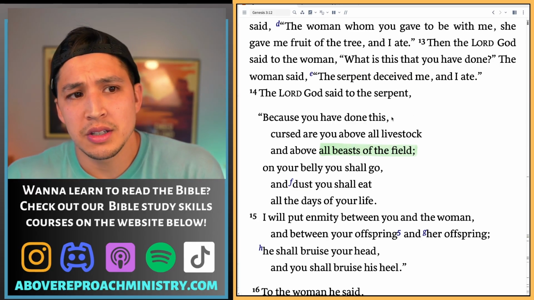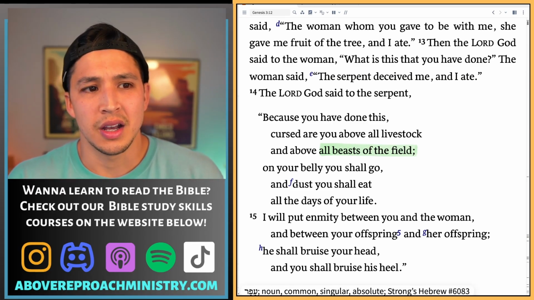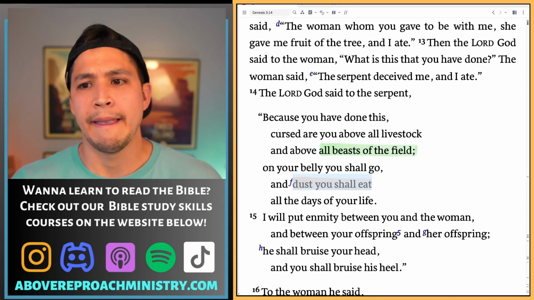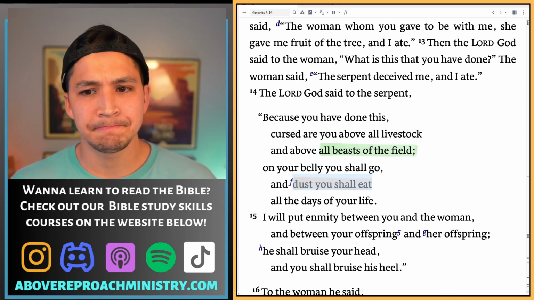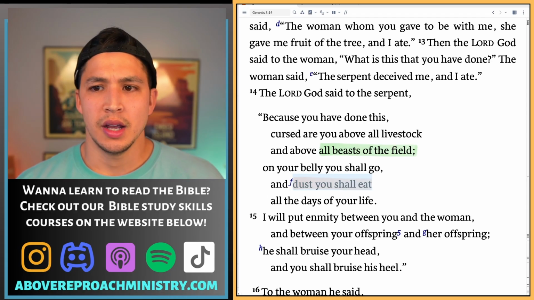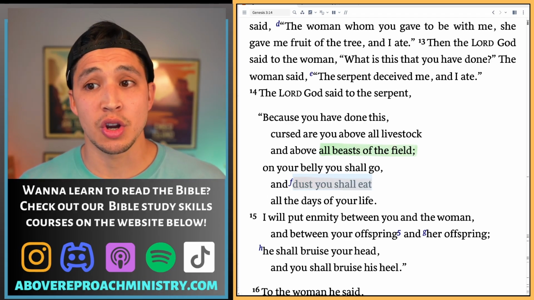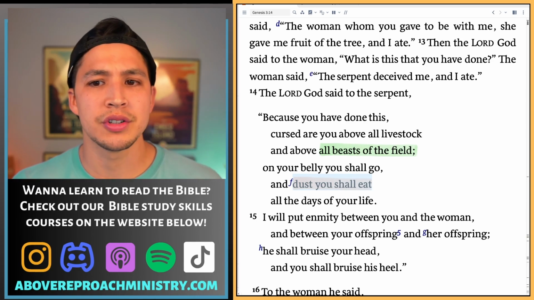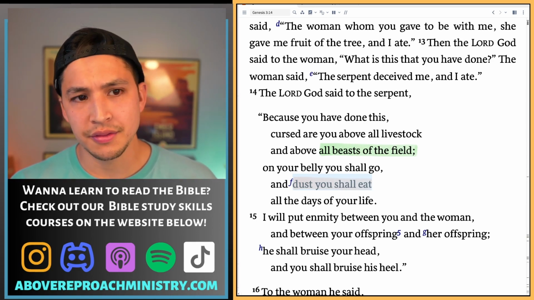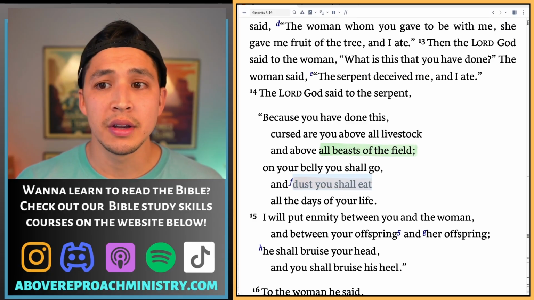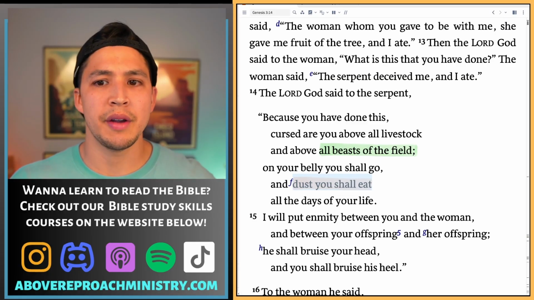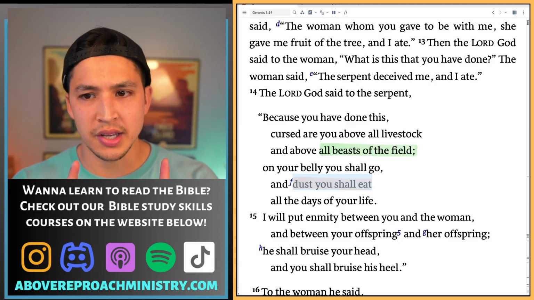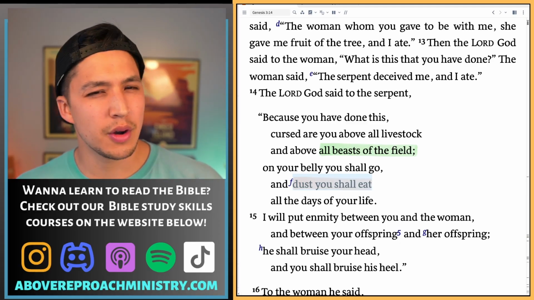And what does it even mean to eat dust? Right here, what does that mean? What does that look like? Why is that the consequence? Does this mean that the rest of the animal kingdom is cursed? If he's cursed above all the others, do they now have a level of cursing? And lastly, this curse is for all the days of his life. Does this mean that it can't be a reference to snakes, since one personal intelligent being, his life, is in focus here?